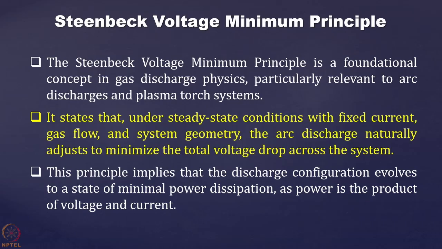So this is almost similar to the minimum energy principle, that any natural system always wants to operate spending minimum energy. So this is a similar kind of principle in arc plasma systems or arc plasma devices. Actually, aerodynamic drag force tries to pull the plasma forward, but the electromagnetic body force tries to obey the Steenbeck voltage minimum principle, and it tries to minimize the voltage. So that is how one is trying to drag it out and one is trying to keep it in the minimum voltage configuration. So a competition between these two makes the plasma oscillate, and what you see here is the reflection of that.